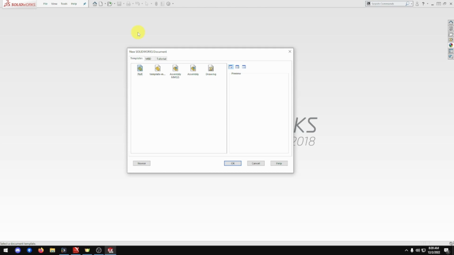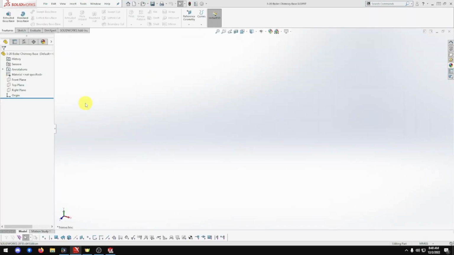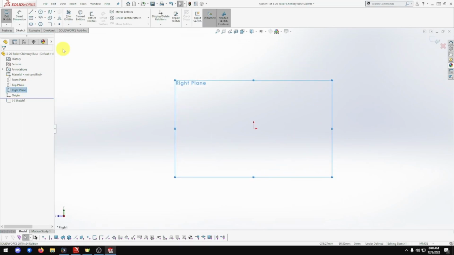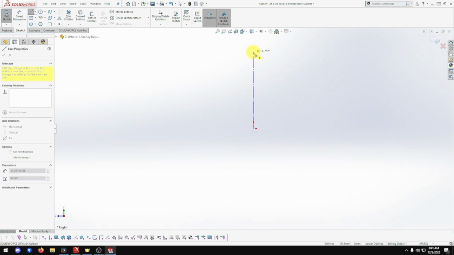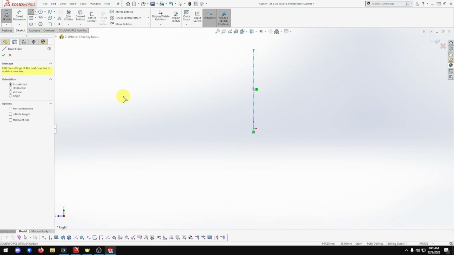This episode, we will be building part 3-20, the Boiler Chimney Base for the Clayton Undertype steam wagon. Let's open up template MMGS. Alright, so we're going to go right plane, sketch. That's normalized automatically. We're going to go line tool. Actually, no. We're going to get center line. Put that one in. Now go line tool, and we want to go